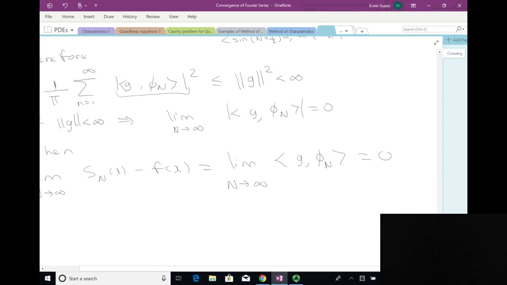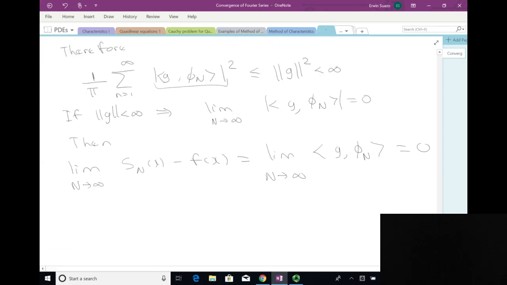That means the limit as n goes to infinity of S_n(x) equals f(x). Okay, as we wanted,